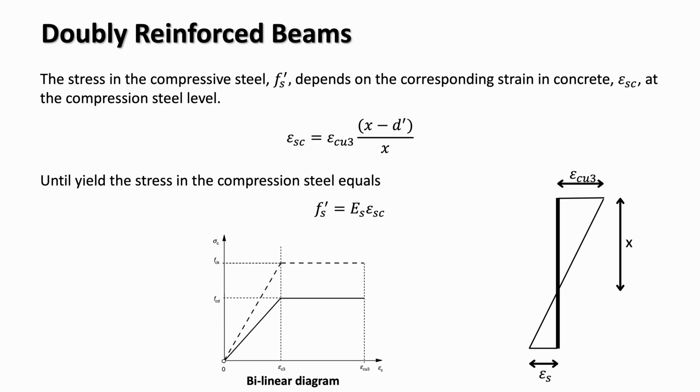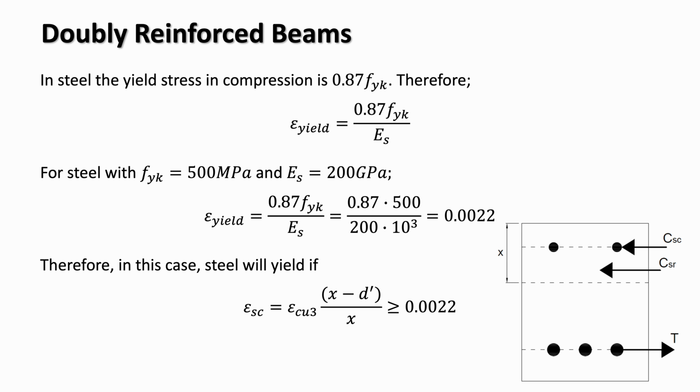This is shown in the bilinear stress-strain diagram. The steel behaves elastically up to the yield strain, after which the stress remains approximately constant. This relationship is key in doubly reinforced design because the amount of compression carried by the steel depends on whether it is still elastic or reached yield. We can check if the compression steel actually reaches yield. In compression, steel yields at a stress of 0.87 f_yk, and the corresponding yield strain is epsilon_yield, which is 0.87 f_yk over E_s. For typical values of f_yk equals 500 megapascals and E_s equals 200 gigapascals, this gives a yield strain of about